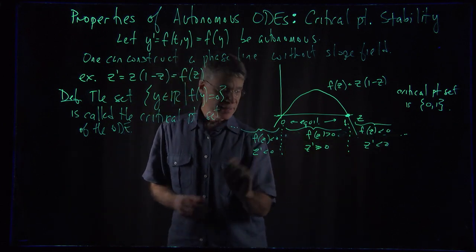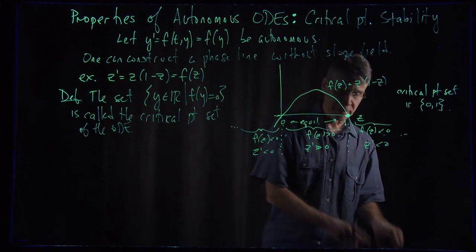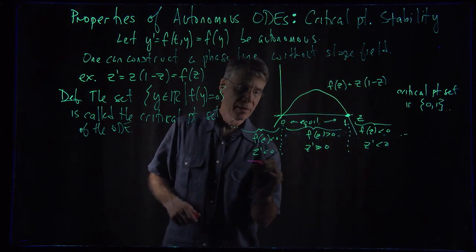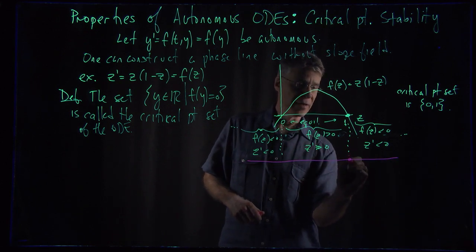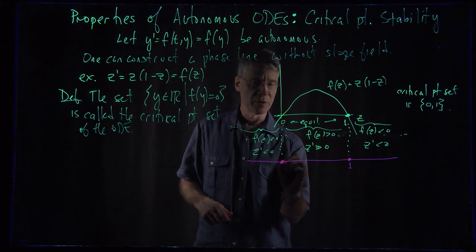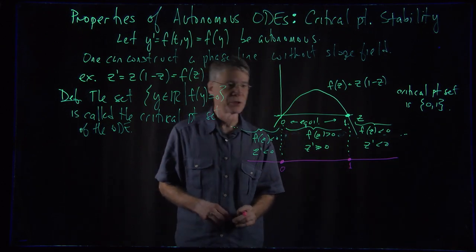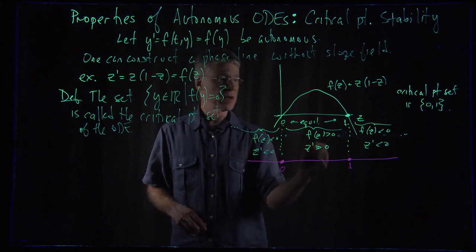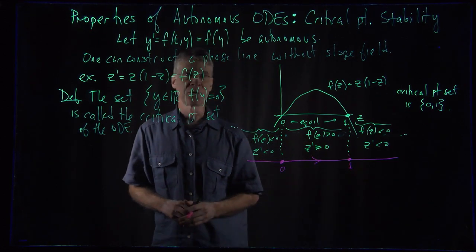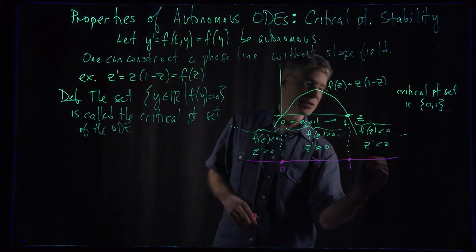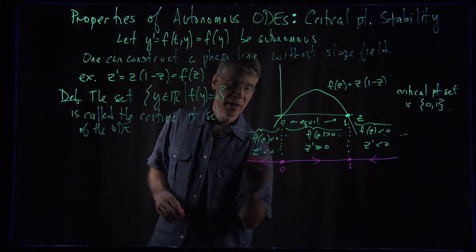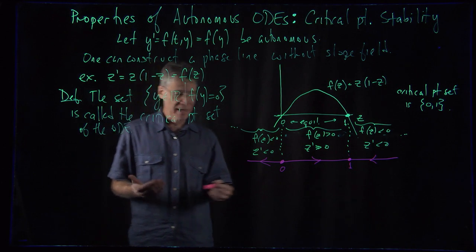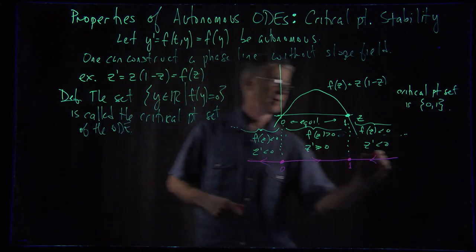I can draw the phase line directly at this point by basically saying that that corresponds to one of my solutions, an equilibrium. That corresponds to my other solution. Because f of z is greater than 0 here, I know I'm heading this way. Because f of z is less than 0 here, I know I'm heading this way. And because f of z is less than 0 here, I know I'm heading this way. And I have my phase line